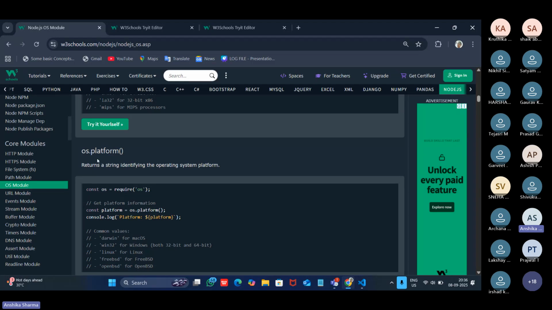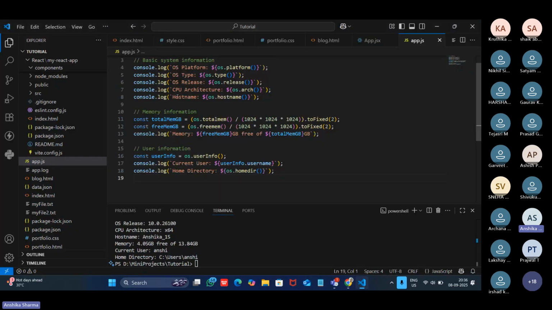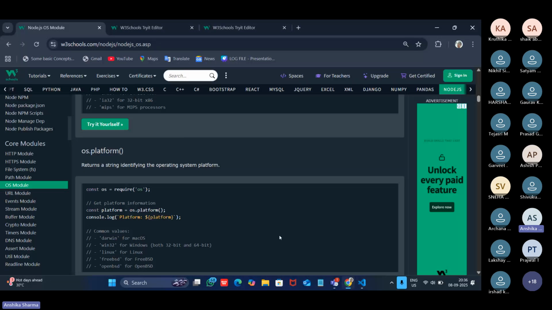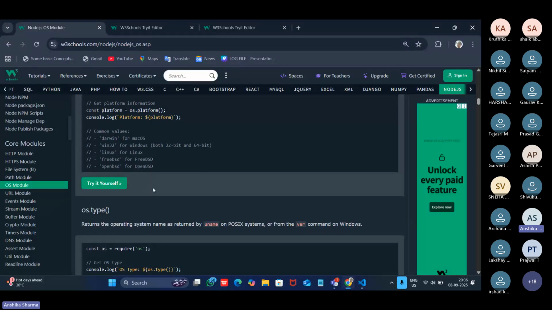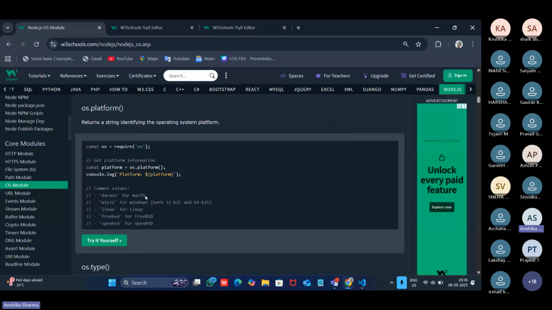As we have already seen, this method returns a string identifying the operating system platform. In our code, my platform information was win32, right? You all have also got the same output. What are the different outputs for this method? It can be darwin for Mac OS and linux for Linux systems, freebsd and openbsd.